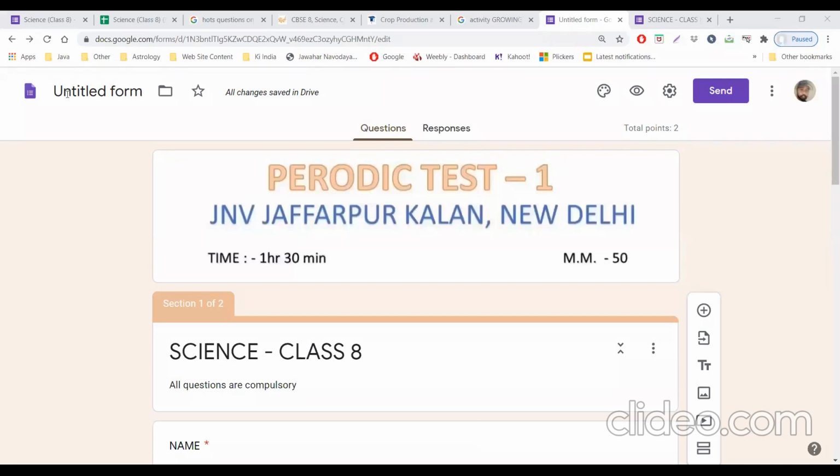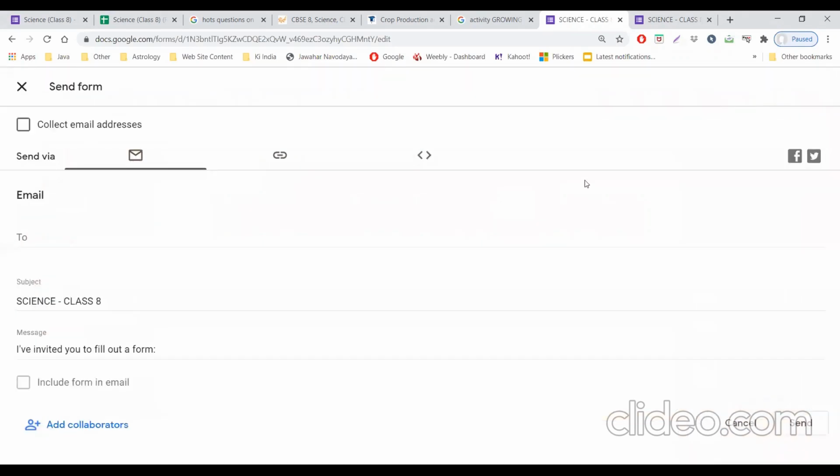Here, if you click at this untitled form, it will automatically take the first section name. Now, before sending, you have to add a collaborator.